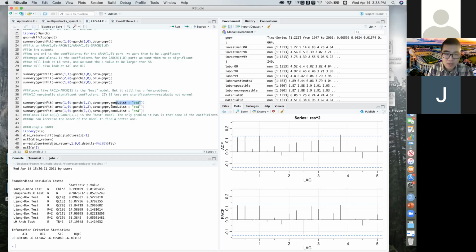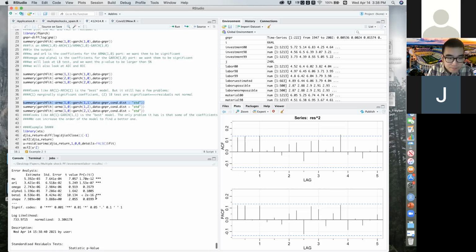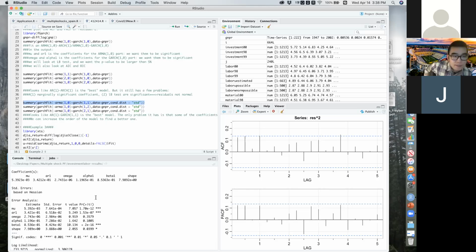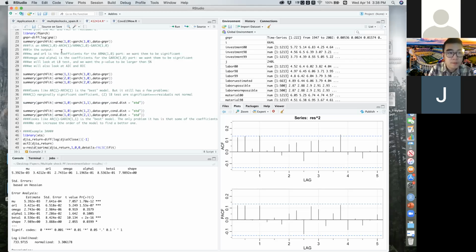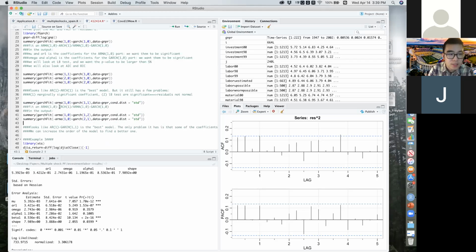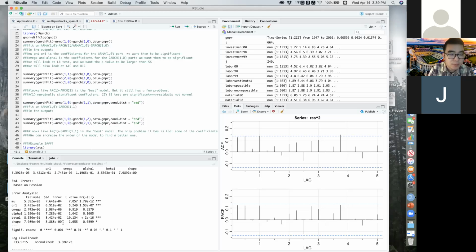And this part, the conditional distribution, will just tell you the degrees of freedom of the t-test, which I will show you later. So now you can check the results. Let me copy this. So this is the GARCH(1,1) that we fit, and in the output,